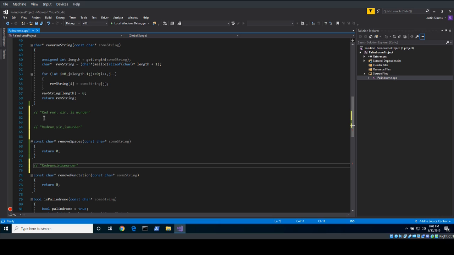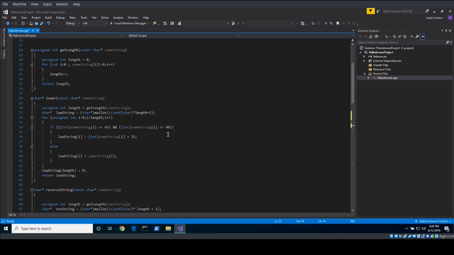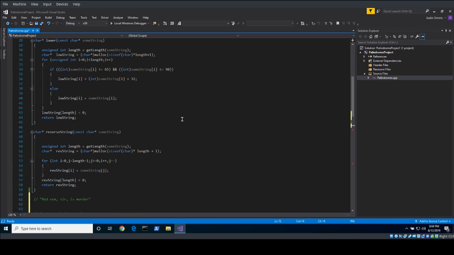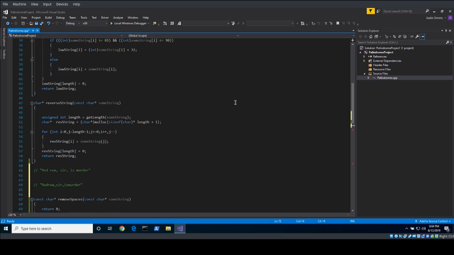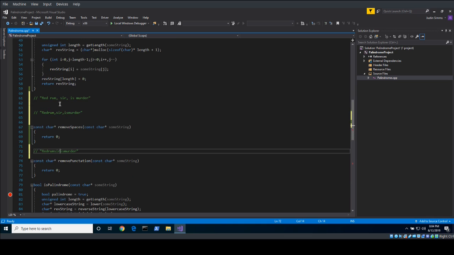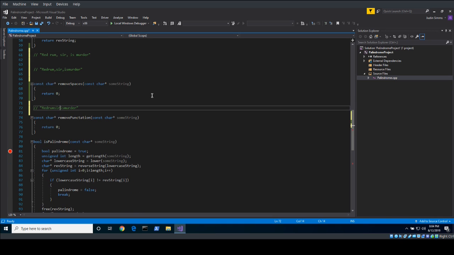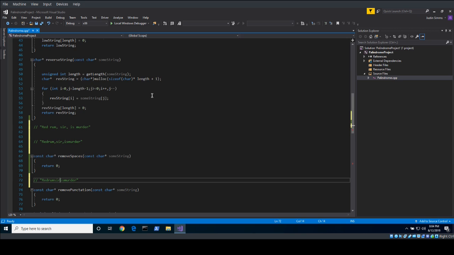Now, the general idea here is we're going to end up with another string in both cases. So it's just like when we took the original string, we did a lowercase, and then we took that string and we did a reverse. We're going to have to allocate space for these strings to make the removals happen in a way that's clean. So let's see, removing spaces